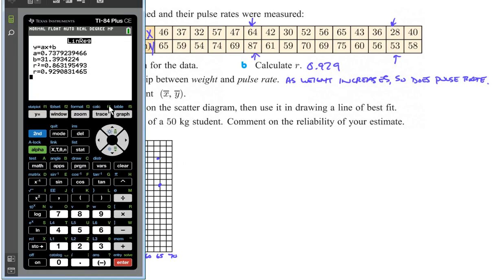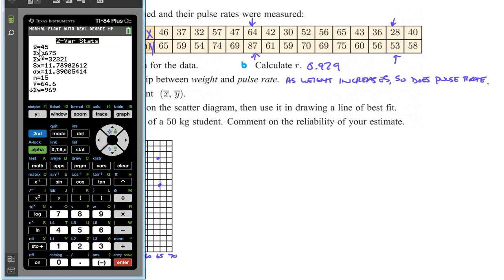Okay, so we already have the data in here, so now we can actually find our mean point. What we want to do is go into stat, over to calculate, and now we're going to calculate two variable statistics, because this is weight and this is pulse rate. These are two different variables, so we're going to calculate two variable stats. Push enter, and then same thing, X list is list 1, the Y list is list 2, and there's nothing in the frequency list. And we go down to calculate, push enter,